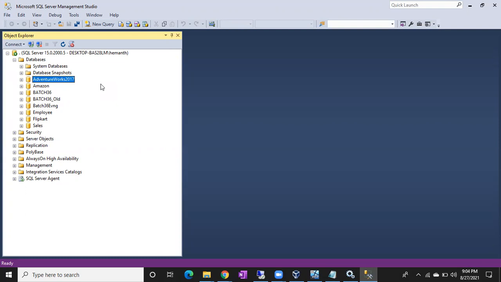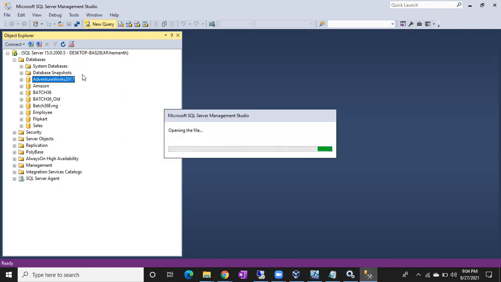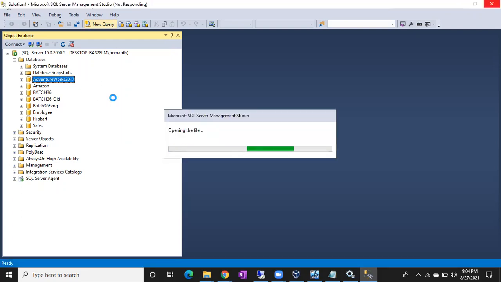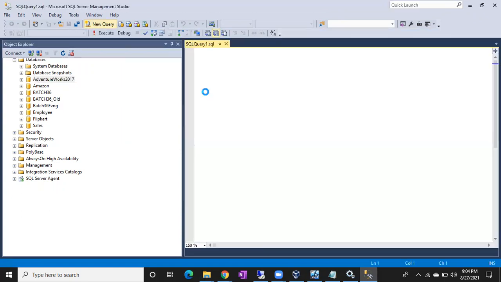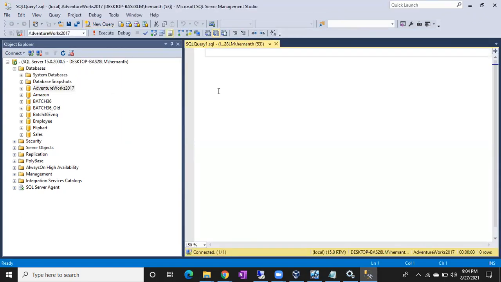A very good question, about changing the compatibility. After restoration, usually you have to change the compatibility. If you see here, as you restored from 2017, what will be the compatibility level of this database? 2017 is 14.0? No, compatibility level.